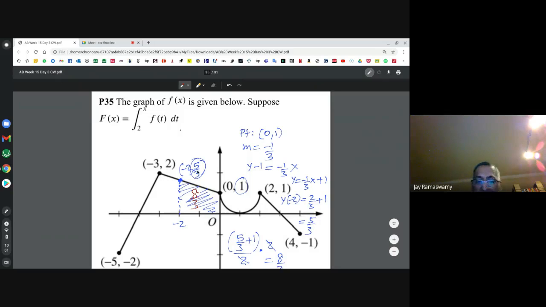Plug in the negative 2. I'll give you the exact y value. But we were not done. That's just the y value. That's one of the parallel sides. Then we do the area of a trapezoid: average of the parallel sides, times the distance between the parallel sides, and then